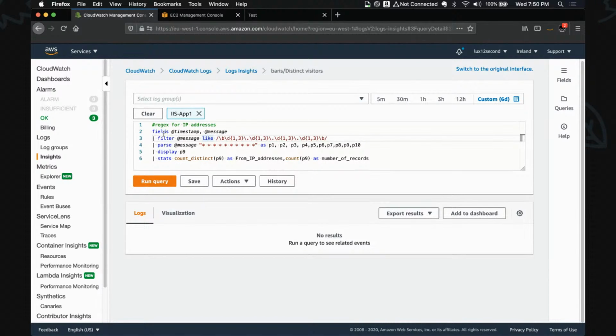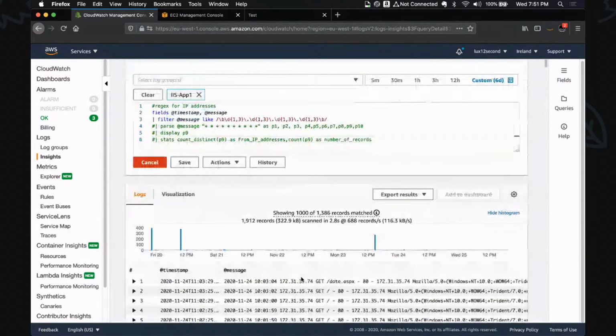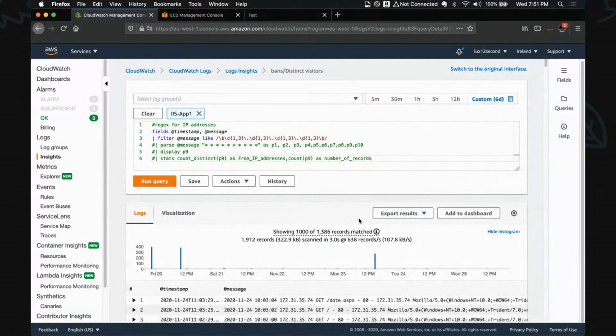So what I said here is, bring me the timestamp and message and filter everything for the lines that contain IP addresses. If it contains a valid IP address, I want it. If it doesn't, just skip it, right? It won't bring it. So let's test it up until here, to prove the point. I commented out the rest and I run the query. What it gives me is the lines that only contain IP addresses. Everything except IP addresses is filtered out.